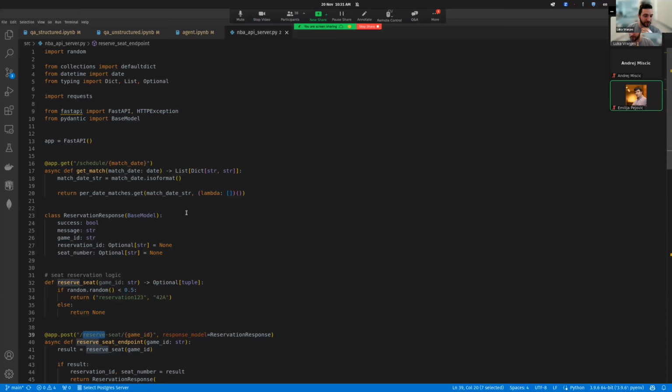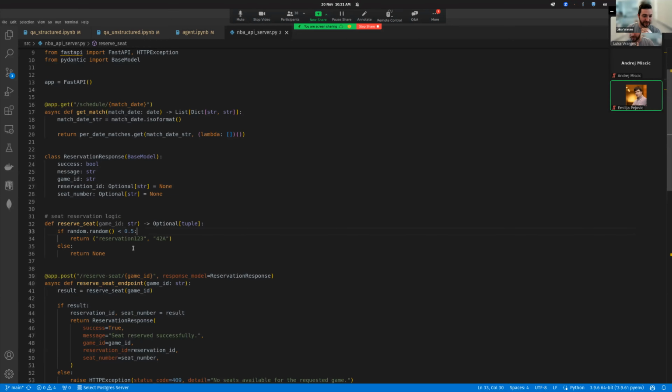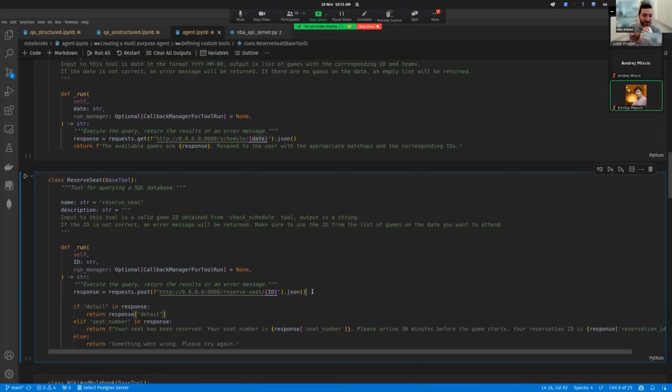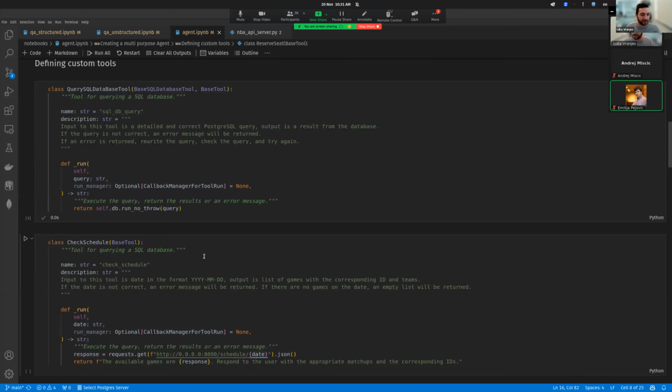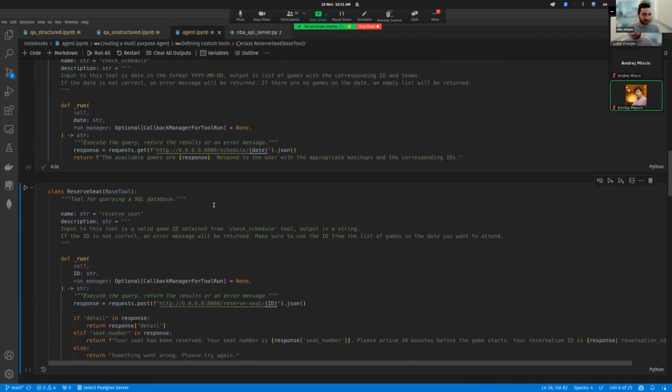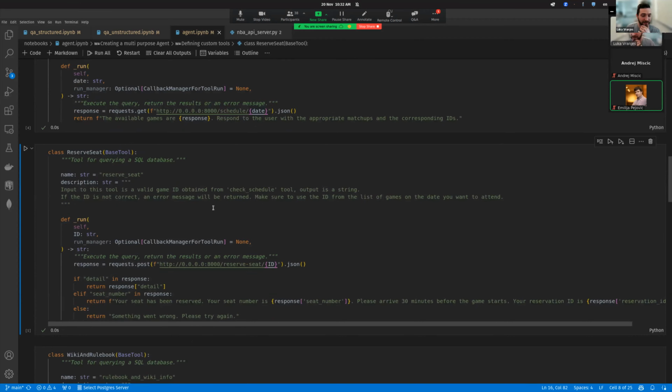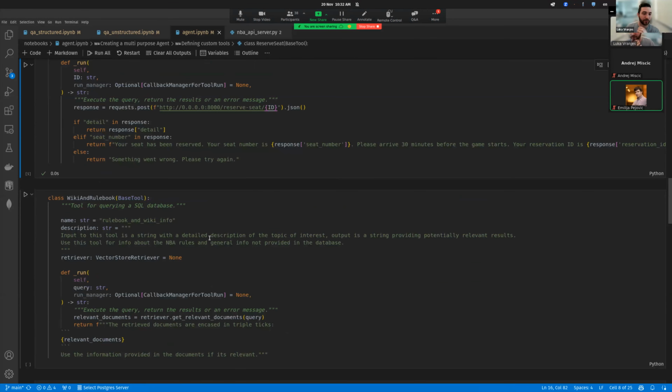If you wanted to know how this works, it's a 50% chance that we get a reservation and 50% chance that we don't. Let's hope we get that seat later on in the example. We'll see. I forgot to run these tools,